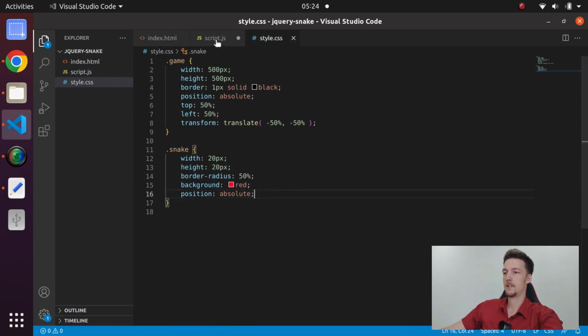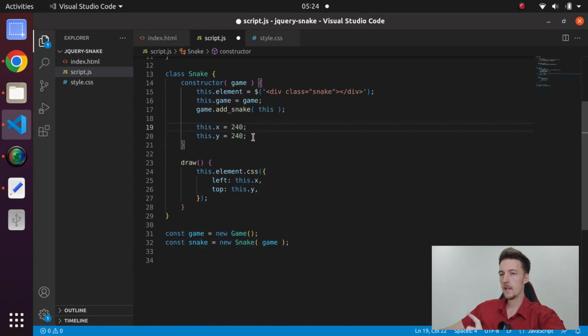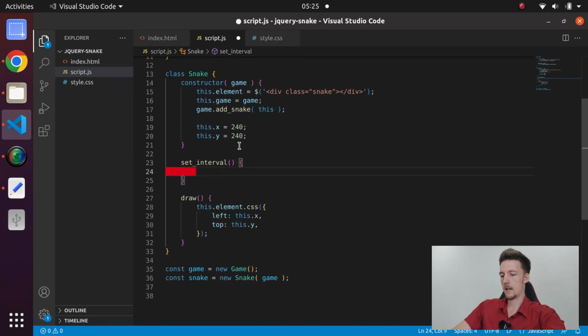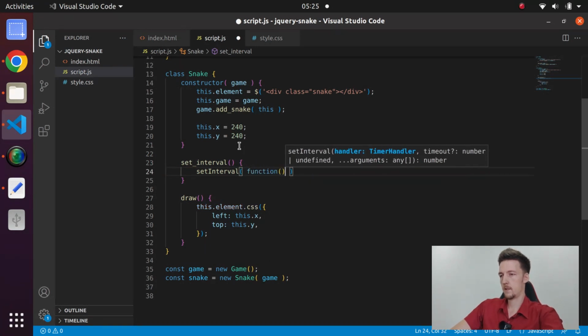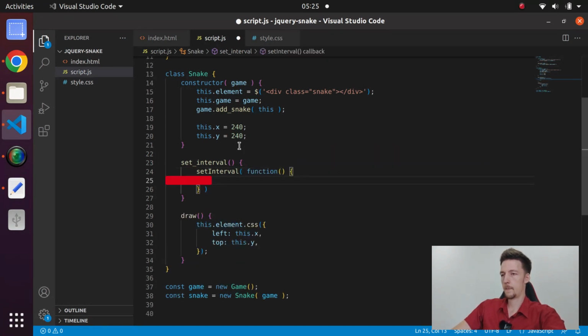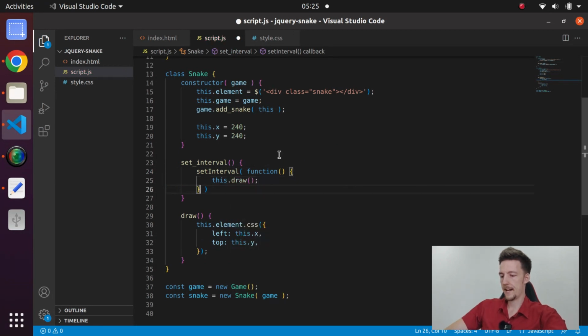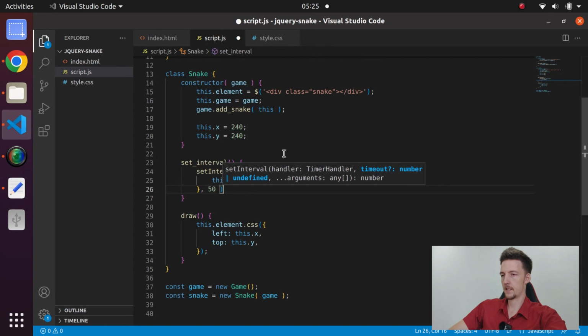Because I will style it here. Then I have to call the draw consistently so that it will move. So let's create a setInterval function, and in the setInterval function we will set an interval of a function, this.draw,